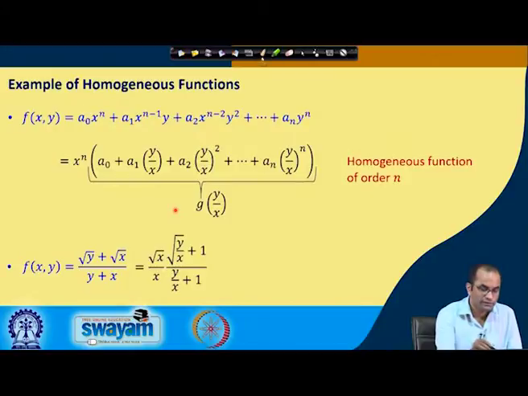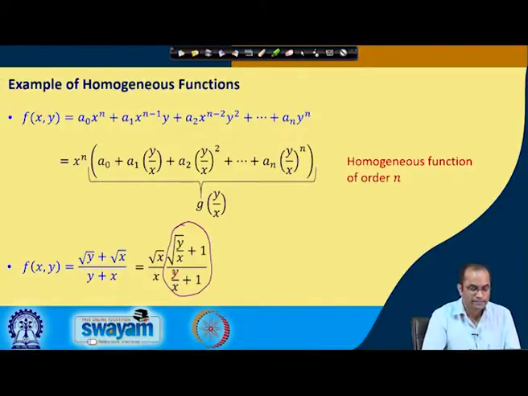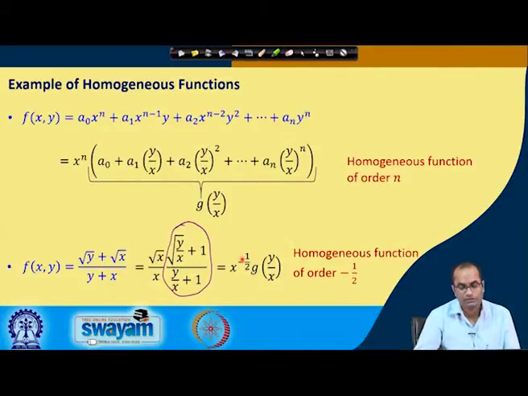So, now this one here, this expression we can consider as a function of y over x, and then what is together here, x power minus half. So, this we can write down as x power minus half and some function of y over x, because in all these terms y over x comes together. So, we can say that this is some function of y over x, and in this case, as we see, here x power minus half. So, this is a homogeneous function of order minus half.